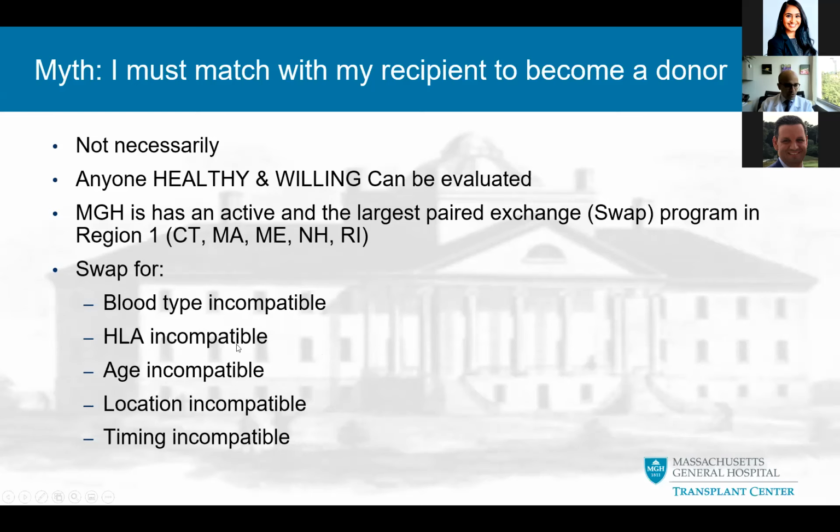Location incompatibility is a relatively new member, over the last couple of years, that entered into the swap, where someone has a donor, a friend or family member, who lives as far as Hawaii, let's say, or the West Coast, or San Diego, for example. It was an example where we had a donor who lived in San Diego and a recipient who was in Boston, and we managed to enter them through a swap where the donor remotely donated and the kidney was flown over to Mass General through the same swap program.